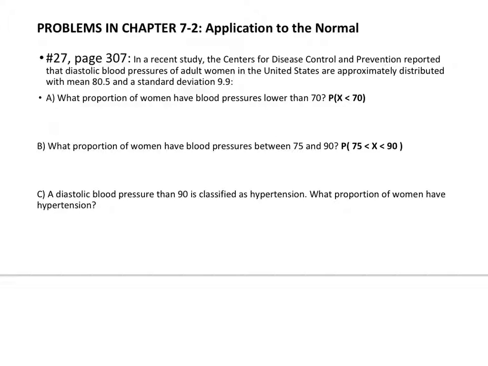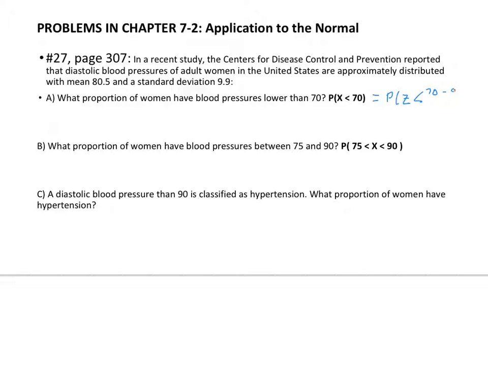Here we can do the problem in two ways. One is we first find the z-score and then we look it up on the table to find the probability. Or we can use our calculator under second vars. The way we would first calculate it, if we're doing it by hand, is the following. We want to find the probability that z, now we're transferring it to a z variable, is less than 70